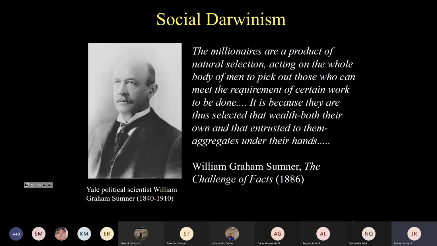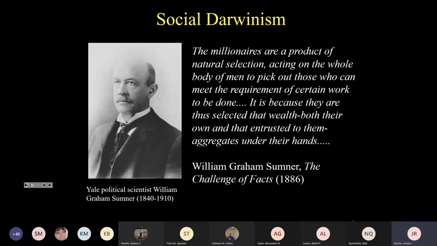This was kind of a simplistic application of his ideas to society. And you'll know this if you study biology, it's not the same thing as the theory of natural selection. But social Darwinism essentially said that inequalities in society reflected a struggle for fitness, and those who came out on top were more fit than those who ended up on the bottom.